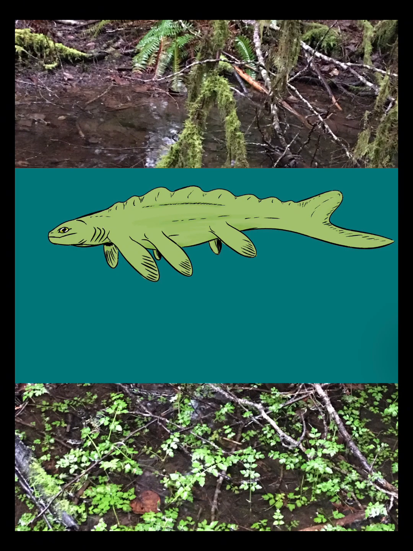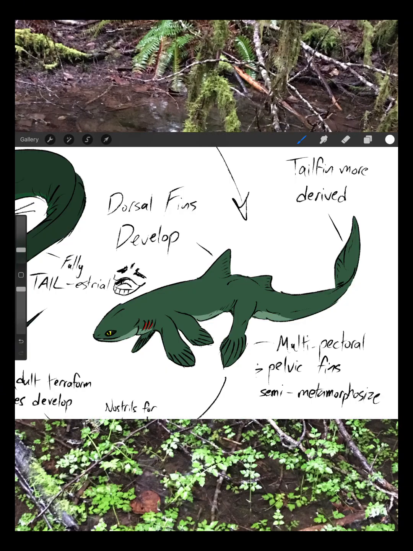It still has very fin-like projections of its quote-unquote limbs, though they're not fully developed. It usually feeds on small invertebrates and occasionally sea plants, and then after that it will develop into a juvenile,